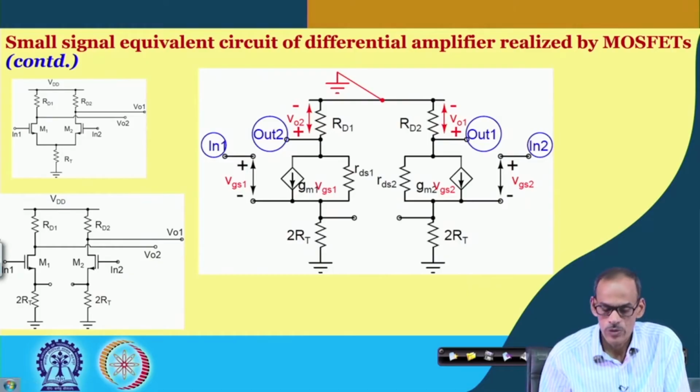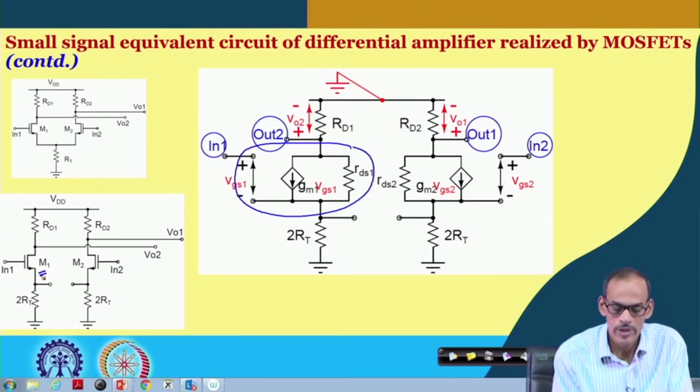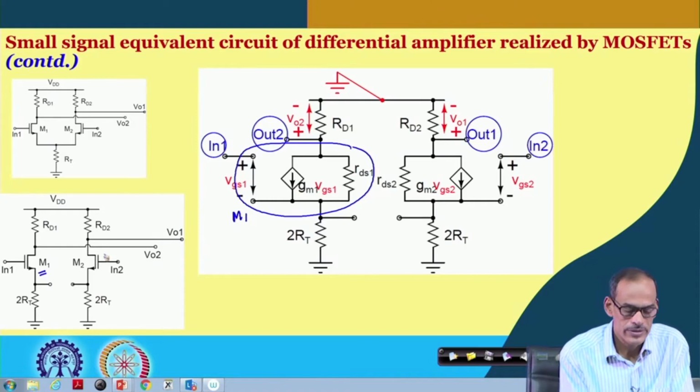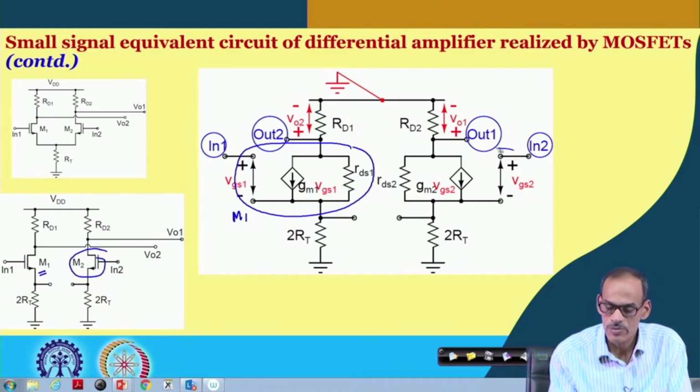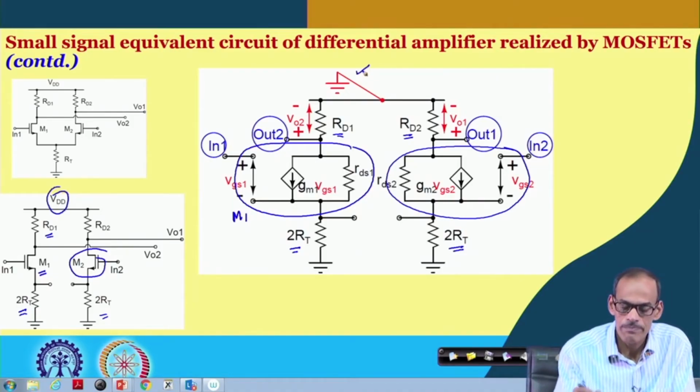Yeah. So, here we do have the small signal equivalent circuit for transistor 1, M1. Likewise, for transistor 2 we do have the small signal equivalent circuit, and then we do have RD1 here, RD2 here, and the two tail resistors, the split tail resistors, are there, and then this node is AC ground, and this side, the drain node of transistor 2,